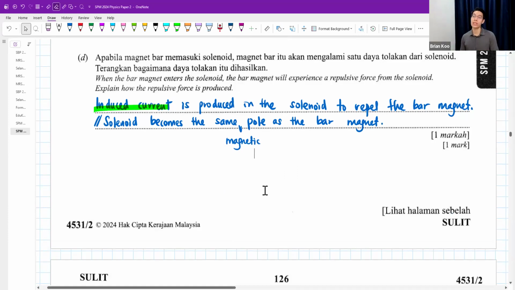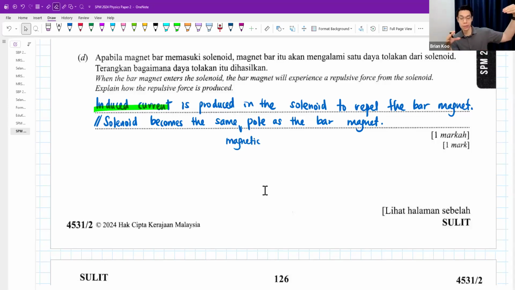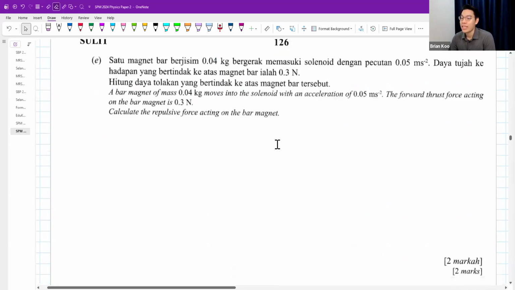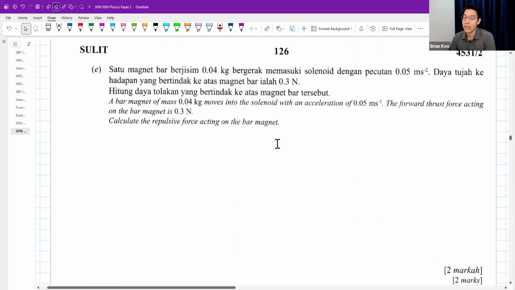That is Lenz's law. Lenz's law says I'm going to produce a current in the solenoid to make myself north or south so that I oppose the change of magnetic flux that causes it. So if there is a bar magnet coming down, I will try to oppose, to push it away, to repel it away. Okay. Then part E is quite a KBAT one, where they mention you have a bar magnet